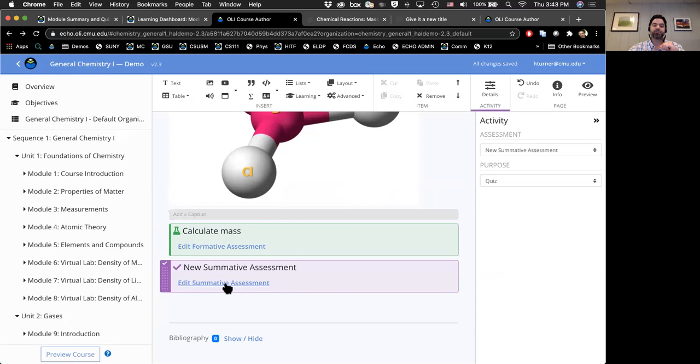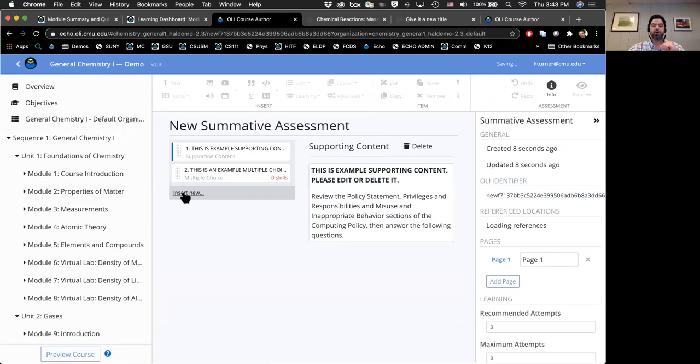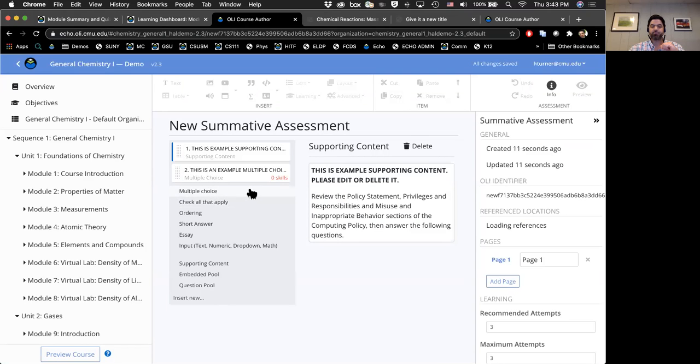So in a summative assessment, you have all of these native question types. So multiple choice, check all that apply, ordering, which is essentially a drag and drop of a list. Short answer, that's the submit and compare that I explained earlier. Essay, where you would submit a long form response, and these forms of input: text, numeric, dropdown, which is essentially like choosing from options in a fill in the blank fashion, and math,